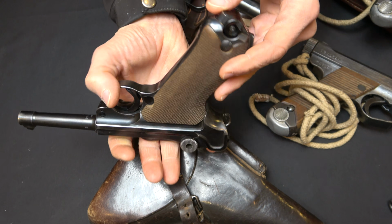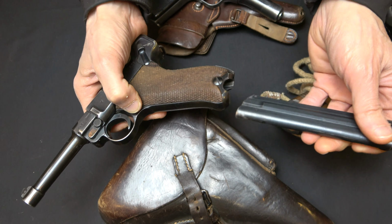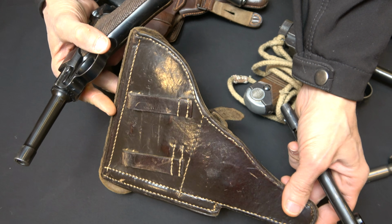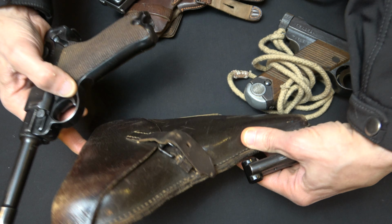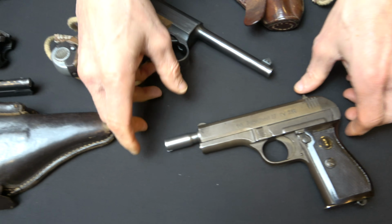It's all matching. It's got one of the late extruded type magazines, which is an FXO magazine, and it has got a holster which is nicely matched to the chamber date of the pistol. So it's a 1941 dated holster. So even more interesting than this is this very late war